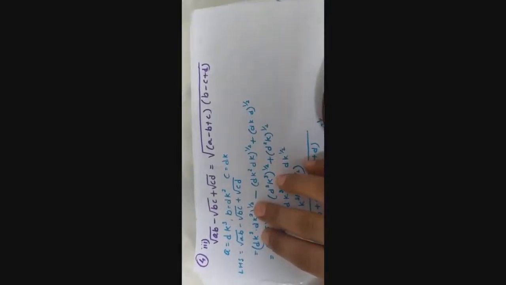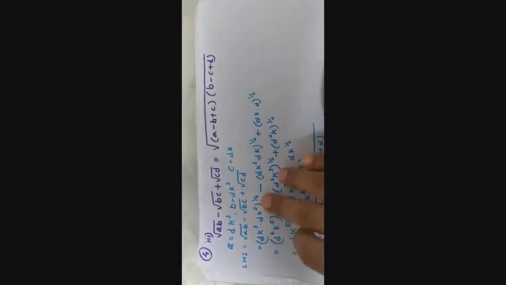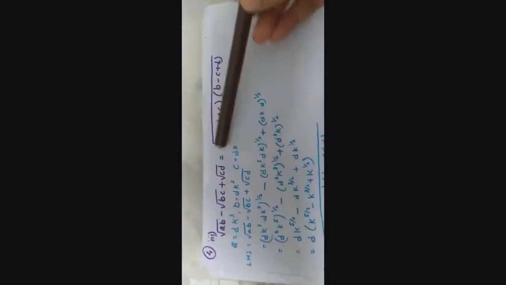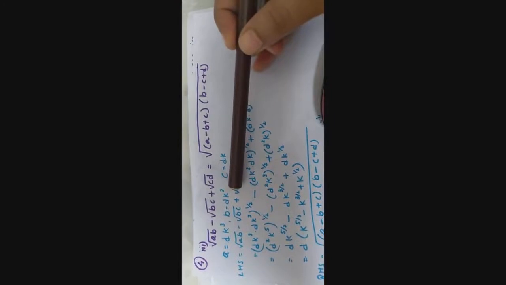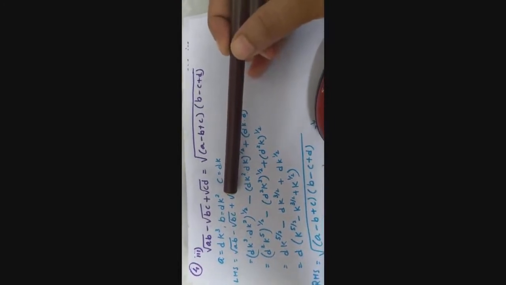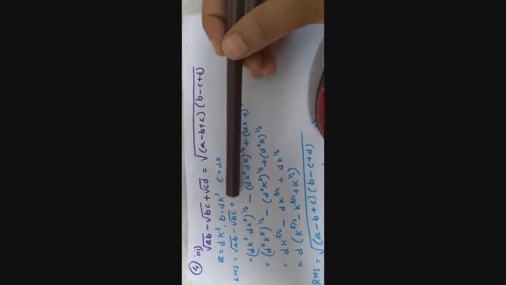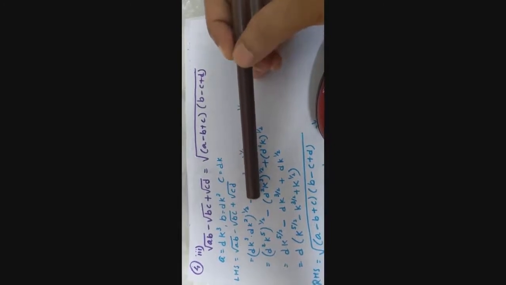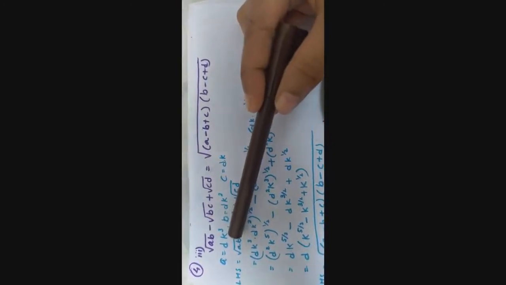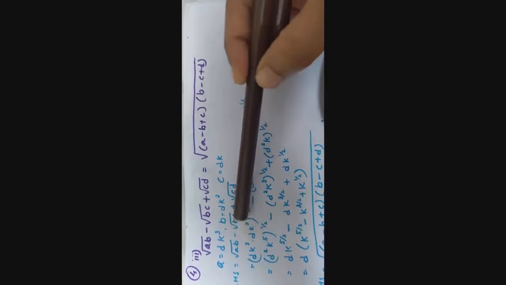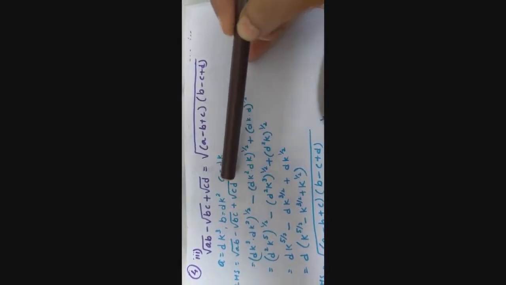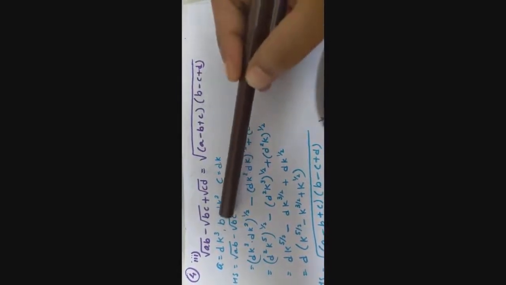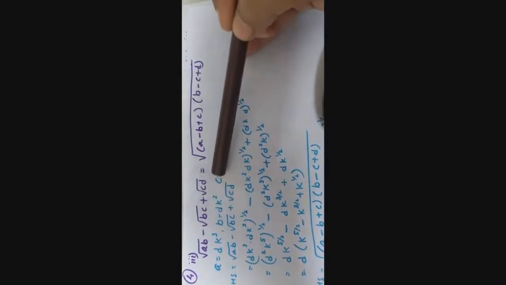Hello students, last video we have seen our exercise 6C up to question number 4 second. Now this is question number 4 third, exercise 6C. Now in this question also we are given A, B, C, D are in continued proportion. So as we have taken in question number 4 second, value of A is dk cube, value of B dk square, C dk. Okay, now we have to show left hand side is equal to right hand side.